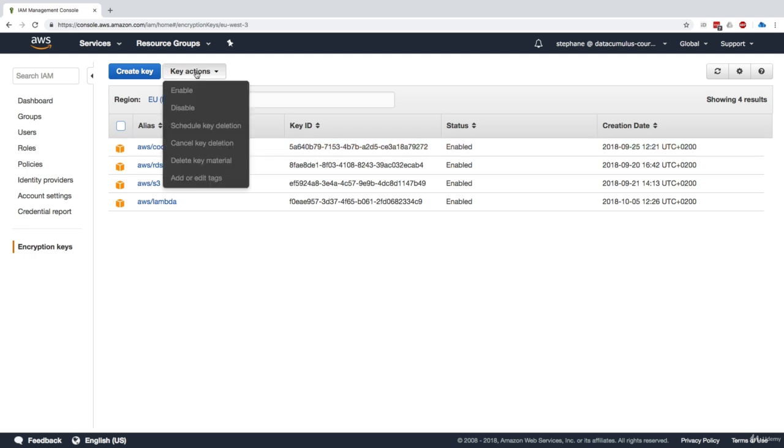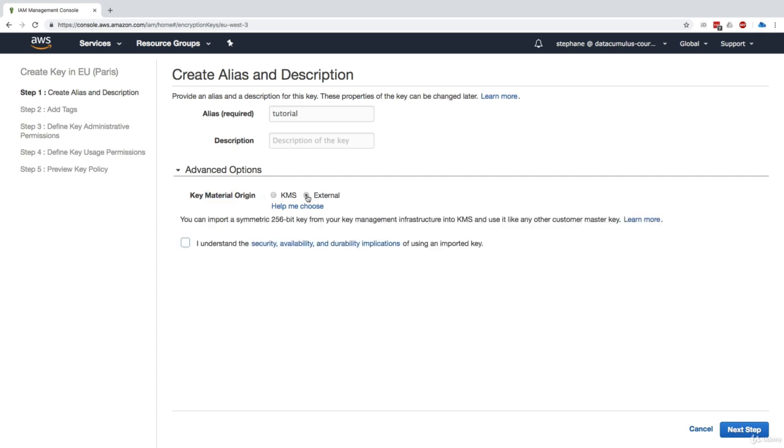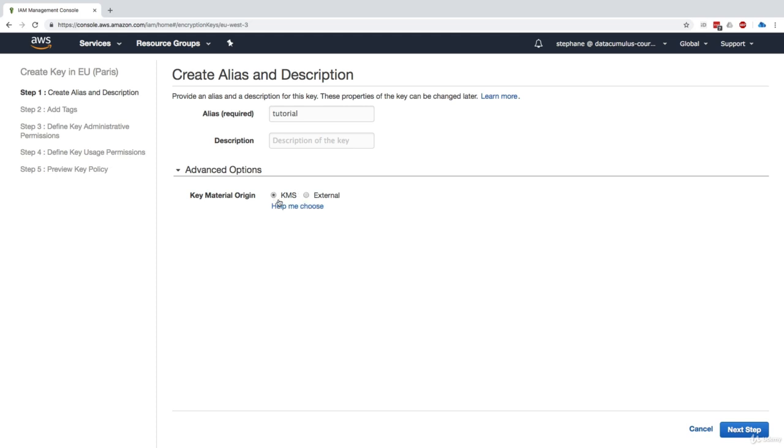Now, if we wanted, we could go ahead and create a key. This will cost money, so don't do it if you don't want to pay $1. So we're going to create a key, and for this, I will call it tutorial key. And the alias is basically a more pleasant name for our key. As the advanced options, we can say the key should be either generated by KMS or by us as an external key. And this is where we import our keys. We definitely don't want to import our keys right now. That would be too much. So we'll just use KMS to generate a key for us.